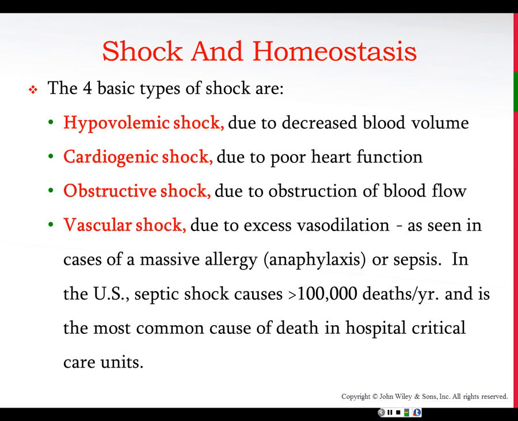And then one of the more troubling issues is vascular shock, in which the blood vessels are the issue. Usually this is caused by a massive and very quick vasodilatory event. We see it a lot when we see people who are allergic to bee stings or maybe peanuts or something like that. It's technically anaphylactic shock, but with anaphylactic shock you get widespread vasodilation due to that allergen being introduced. And when those vessels dilate all at once, it can drop the pressure very quickly, and subsequently that person could